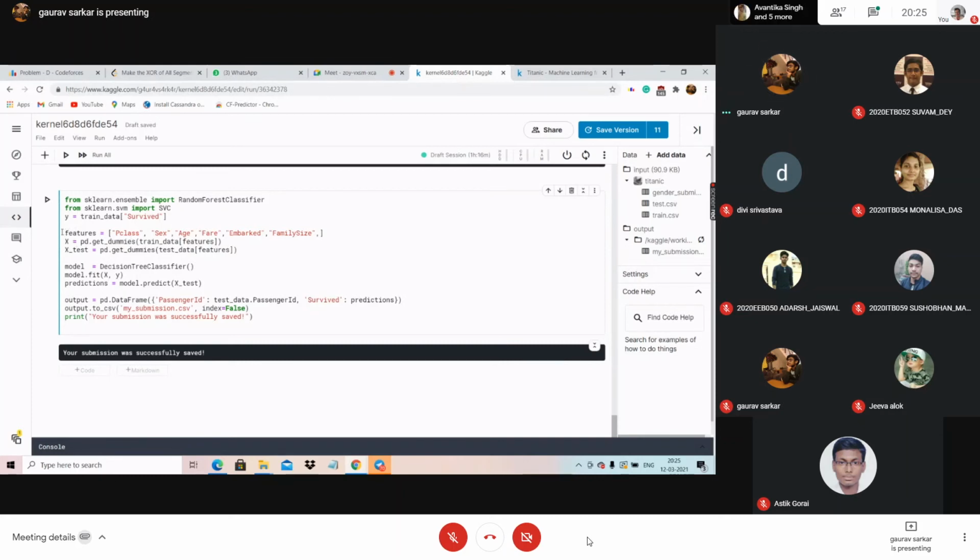What it is, it is fixing those xy coordinates on the 2D plane. It's selecting all the x coordinates on the 2D plane. Okay, and this is the y. This y is train data survived. This is the straight line. I kept on saying that this is the straight line which is passing through 3 points. Just imagine this p class, sex, age.